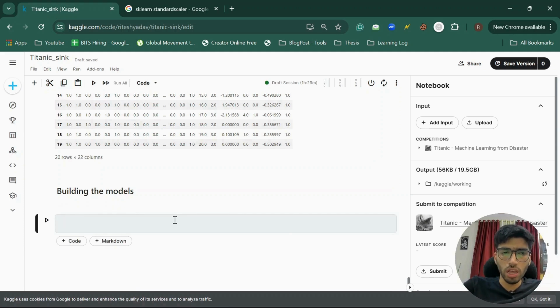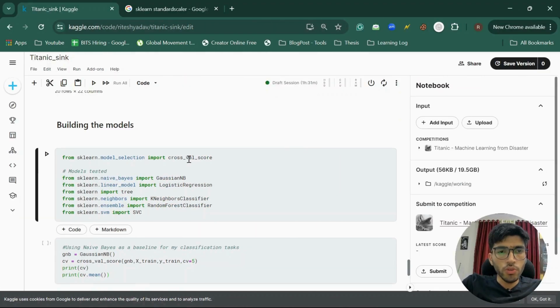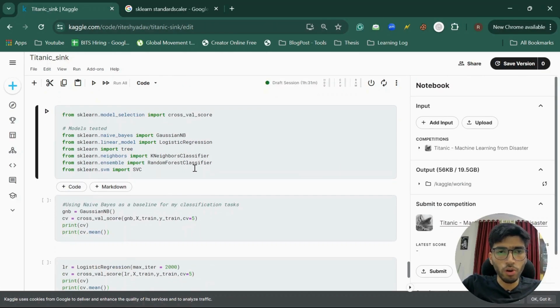So what I'll be doing is pasting some of the model code here, and then I'll explain each of the models to you, because I need to type it again and it will take a long time. Okay, so I have pasted the code for all the models that we can use for this